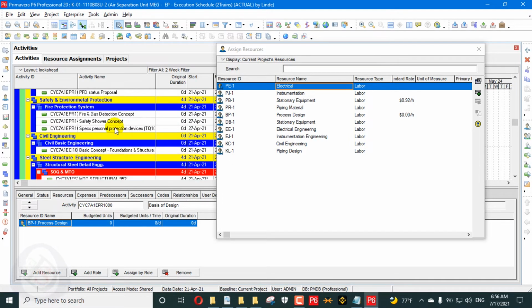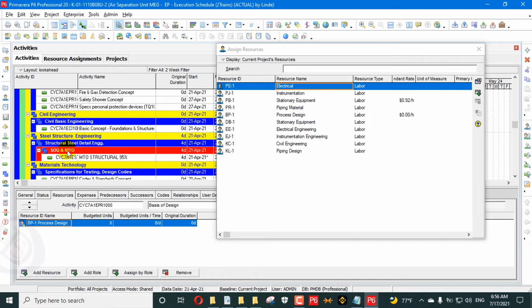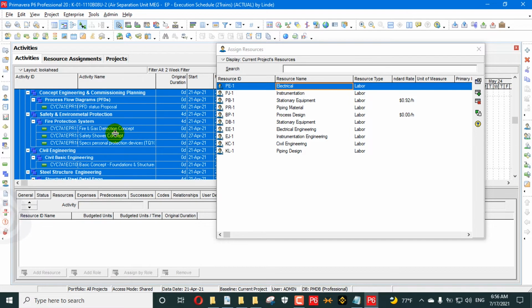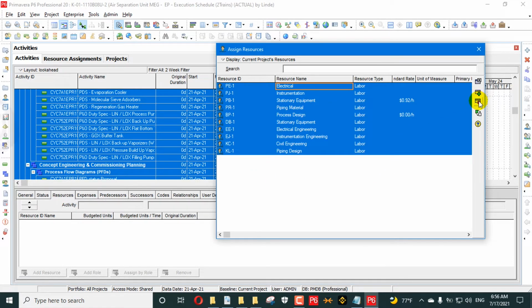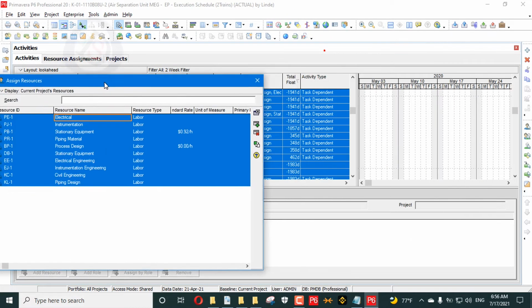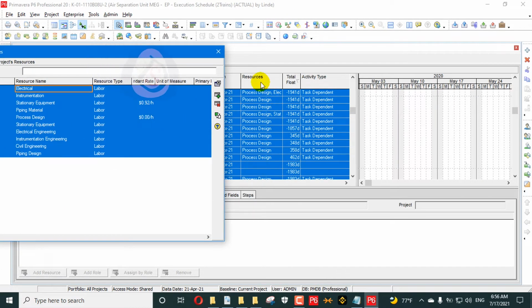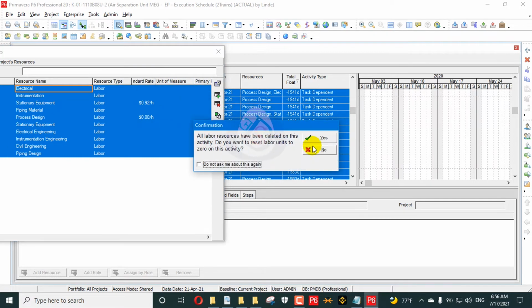So first of all we select the first and the last of the project and then we will select all from here also and we should remove all of these. So there will be no resource and the whole project and the multiple activities which we selected will be empty. See here. So this one you can see here resources and when I remove that one, the selected resources of the activities which have actuals will be deleted.